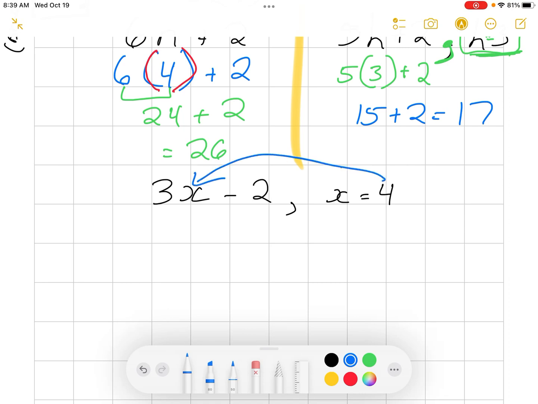All right, so I'm going to substitute that in. 3 times 4 minus 2. So this is equal to 12 minus 2, and this is equal to 14. Wrong, I added. Did you catch my mistake there? 10. There we go. All right, so if you're having any problems with this, do